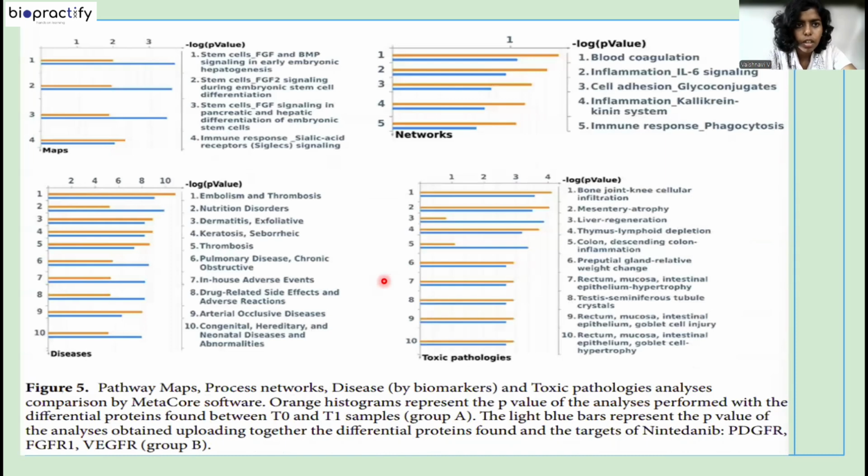Next, this is the pathway map of the various diseases and pathologies related to the identified biomarkers. These orange bars represent the p-values of analysis performed on differential proteins found between T0 and T1 samples, and the light blue bars represent the p-value of analysis obtained uploading together the differential proteins found and the targets of nintedanib, both. So we can see that